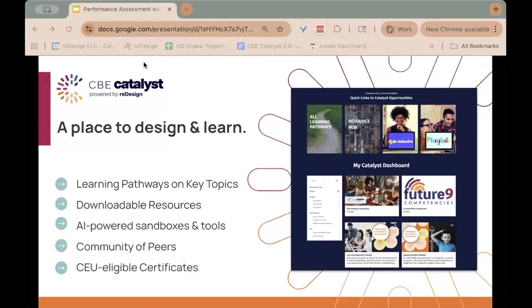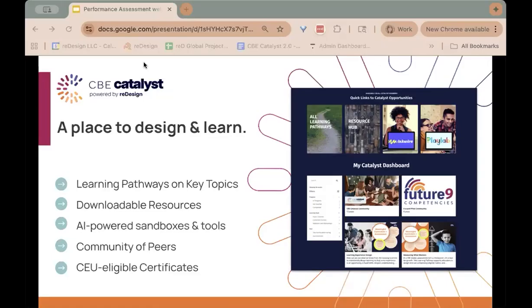And it came about because reDesign has for a very long time been consultant to states and districts and schools. We've loved that work. And over the last few years, I really came to feel that we have an equity of access issue with professional learning around learner-centered practices and competency-based education, and that it shouldn't be as hard as it is right now to get grounded in this work and to find what the practices are that one needs to do the work.